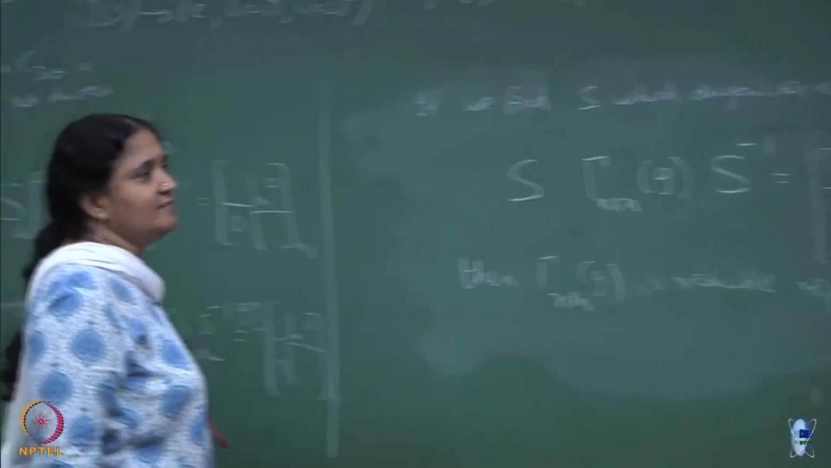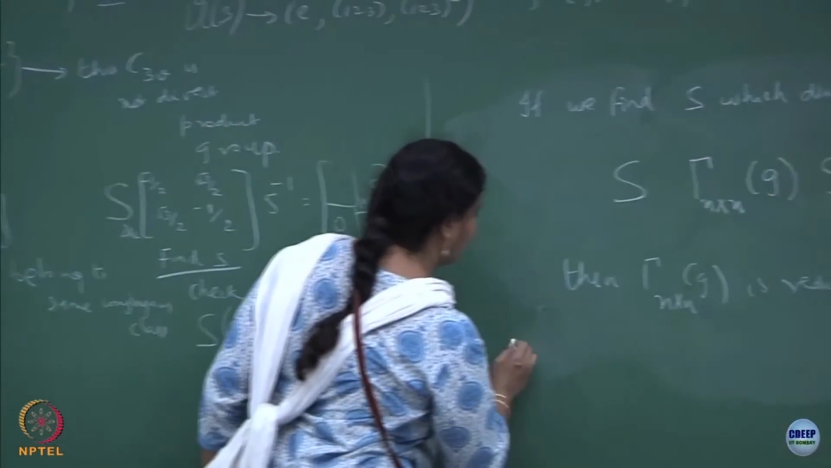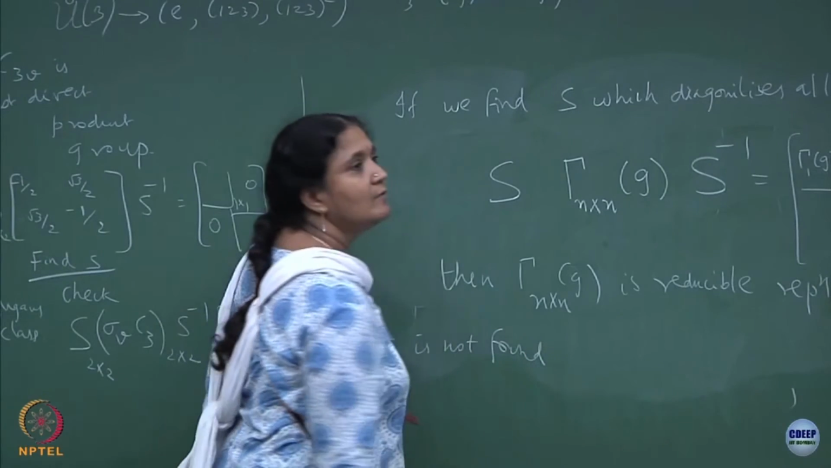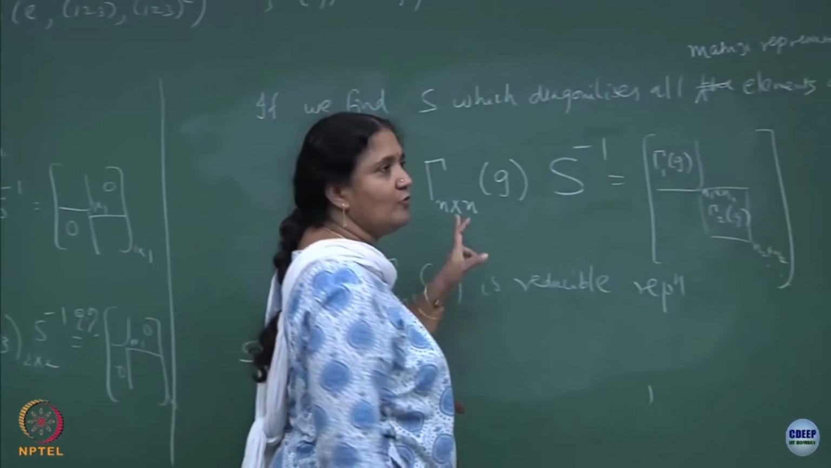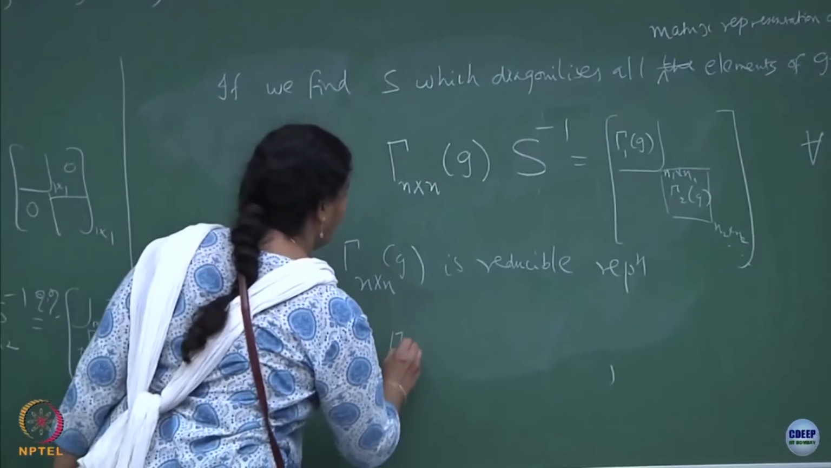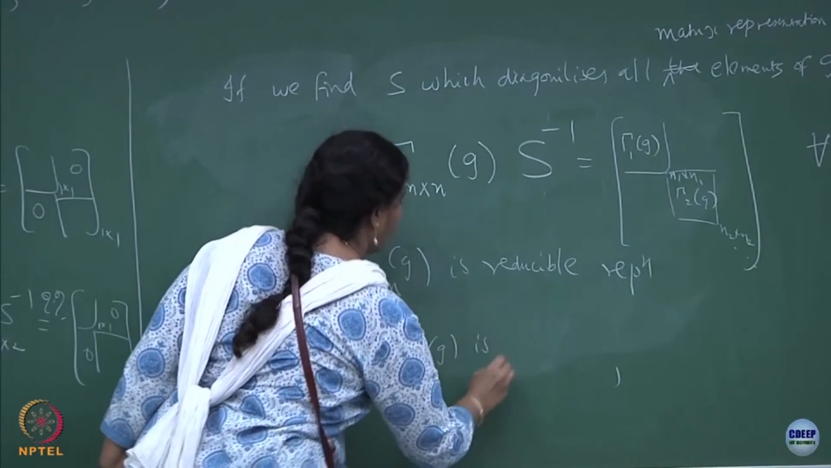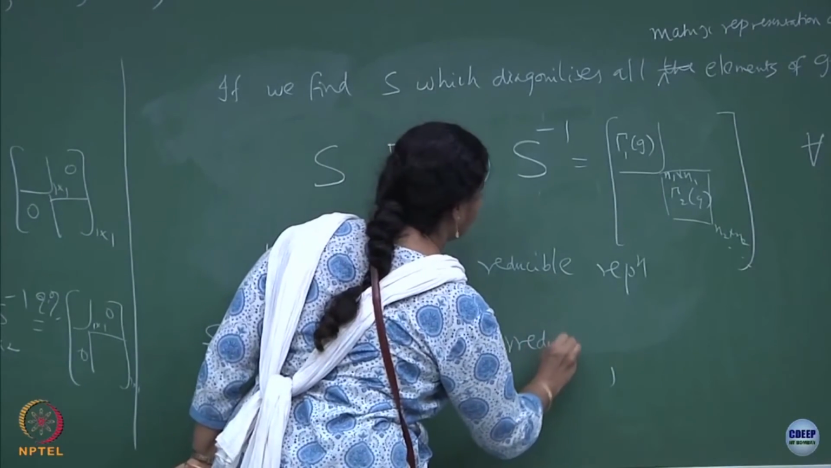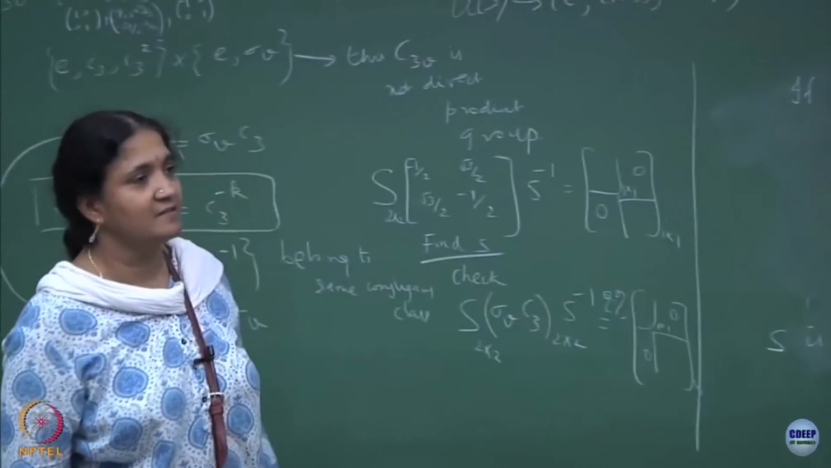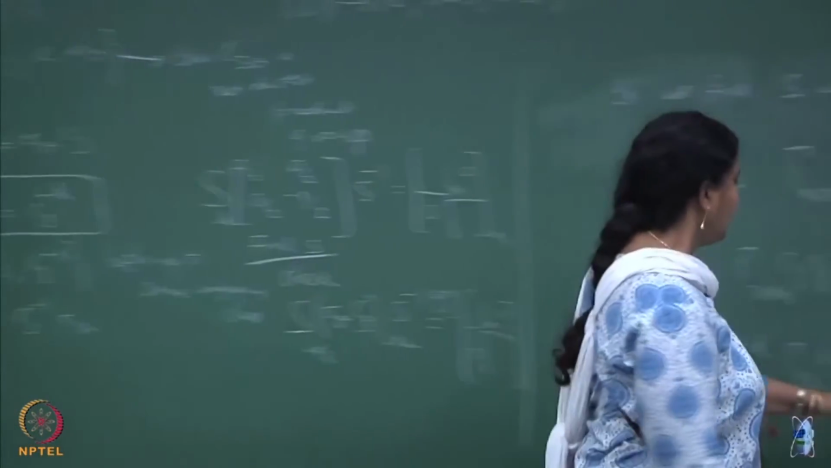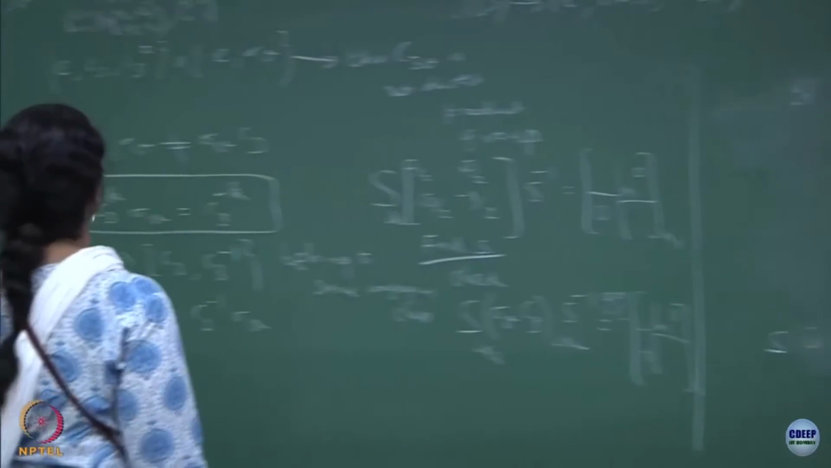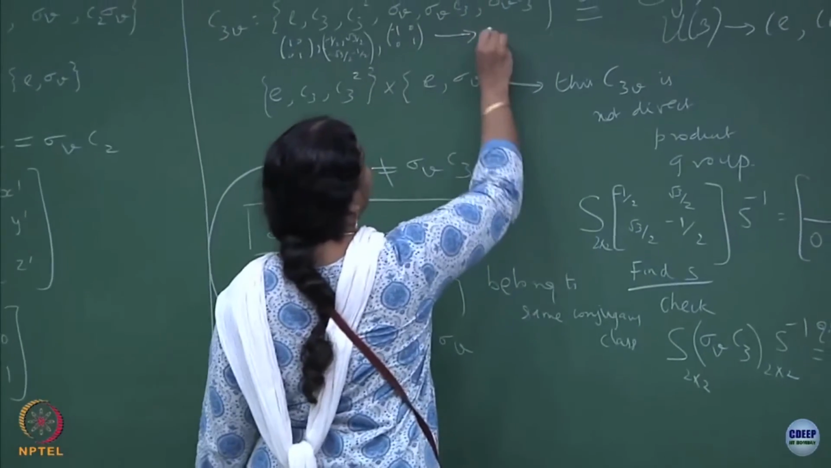If I do not find an S, if S is not found, then this element itself, what does it mean? If you do not find an S, I cannot break it up like this, which means this one will itself be an irreducible representation. Okay, I am using the shorthand notation representation, but further I will shorten this and call it an irrep. Okay. So, I am only claiming to you that this one is an irrep,